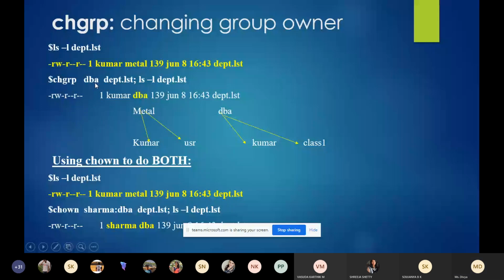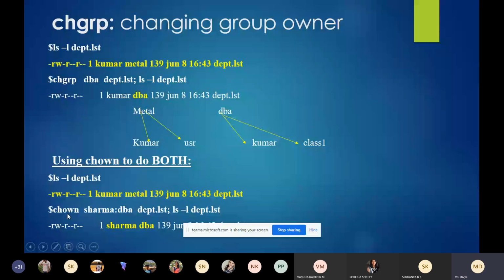So there is one more way where you can change both group owner as well as file owner. Using just one command, you can change both the file owner as well as the group owner. So look into this example. In this example, in the same way you are executing on a file, getting the file attributes. Now we are using the previous command, chown, that is not a new command.